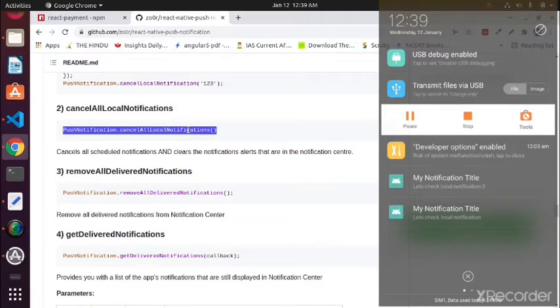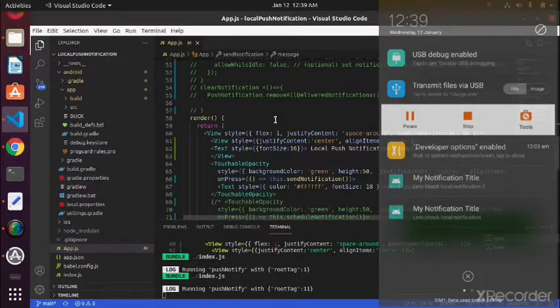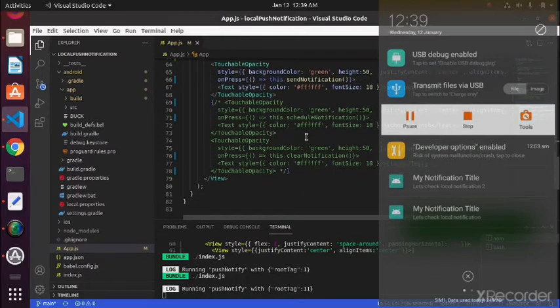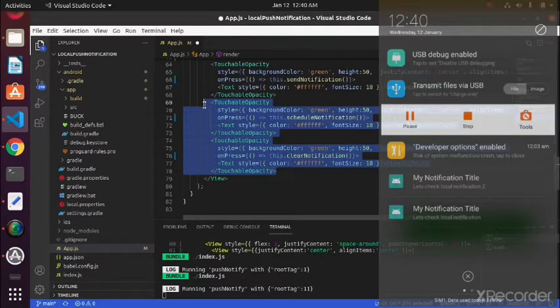I have already created a function for clearing notifications here, this one. And now I'm going to create this. I already have a button, so let me uncomment all this code first, and I'm going to comment this thing. What I did, this is again a button with clear.